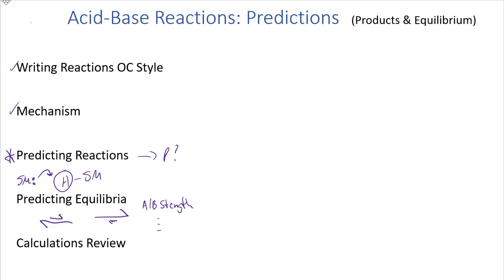those 5 different factors including electronegativity and size and so on and so forth that we talked about in the acid-base strength videos. And we'll also look at the calculations that are involved. So we've got a lot going on here, and we're going to do it in the context of several examples. So this video will include the first example, and then we'll look at different situations that we have to deal